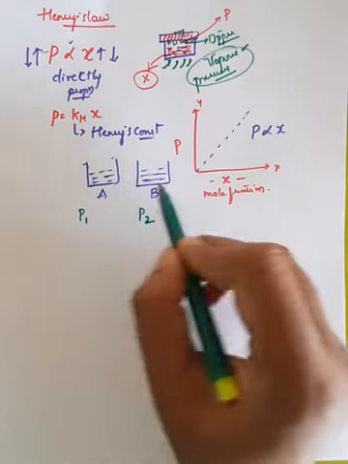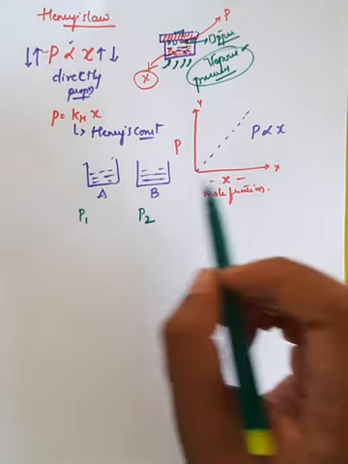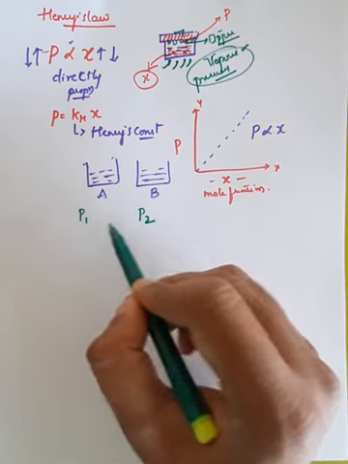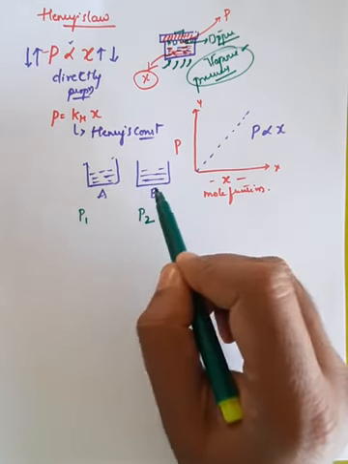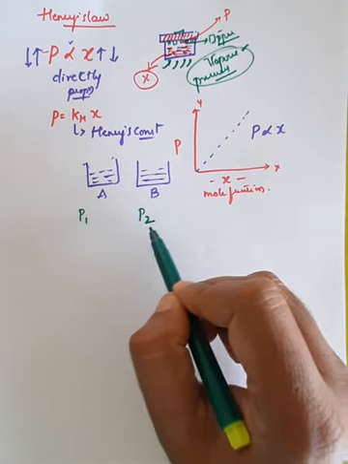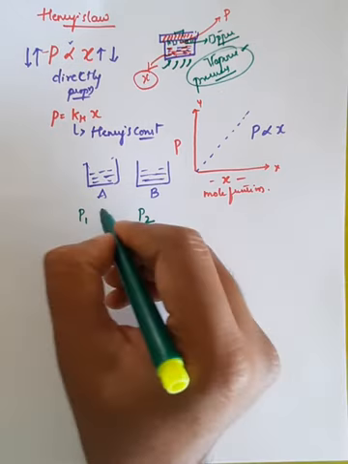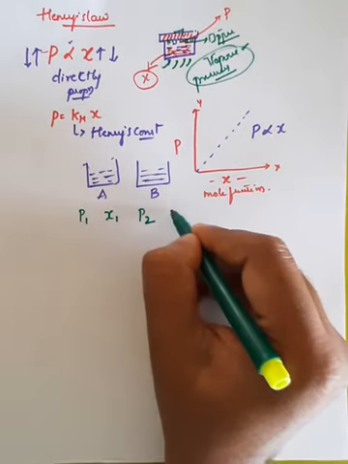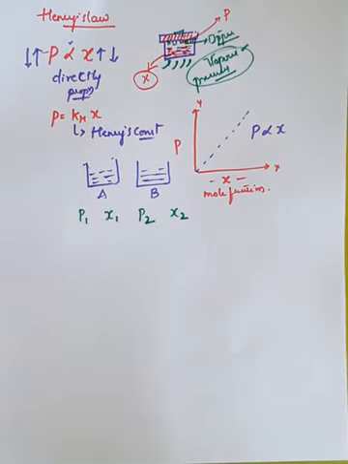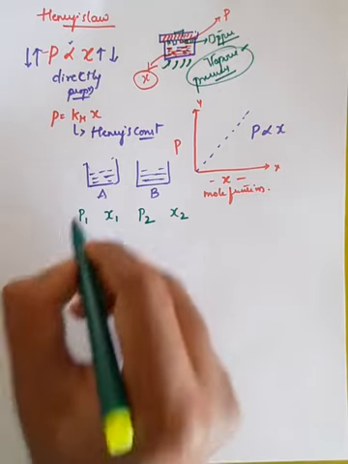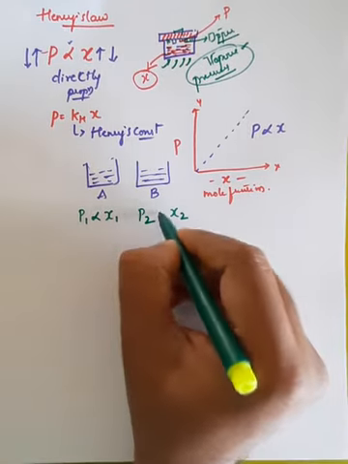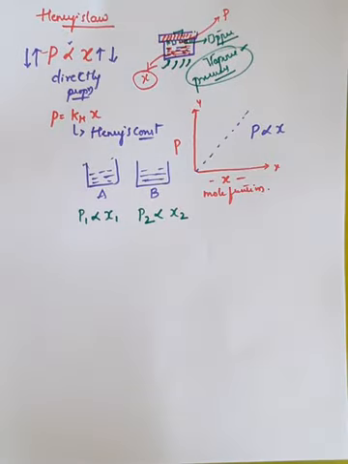So here there are two different solutions. The pressure applied by the first liquid in the first container can be taken as P1, and the pressure applied by the second liquid in the second container can be taken as P2. Similarly, it also has the mole fraction. X1 is the mole fraction for the first container, and X2 will be the mole fraction for the second container, right? So here it is also directly proportional. P1 is directly proportional to x1 and P2 is directly proportional to x2.